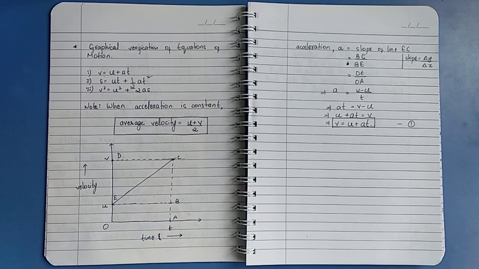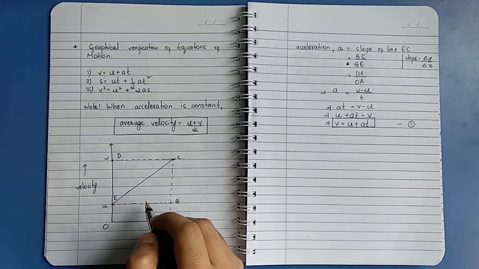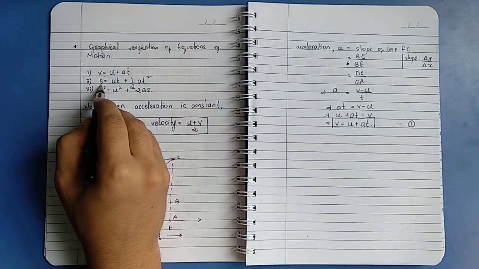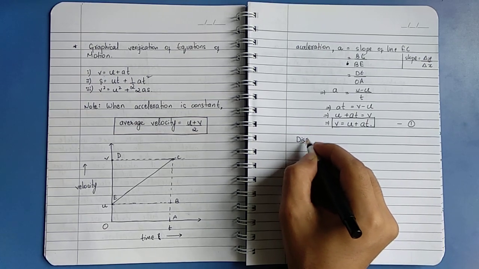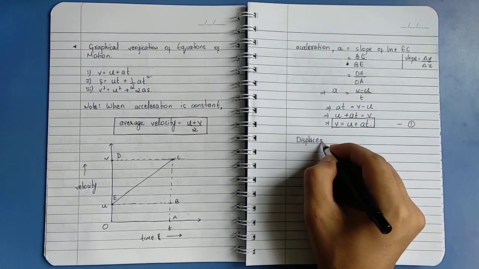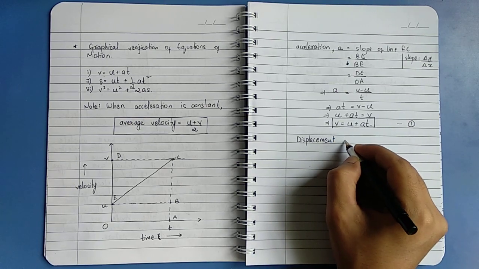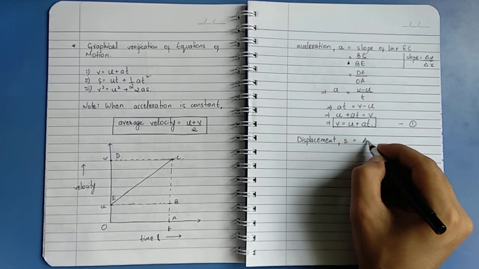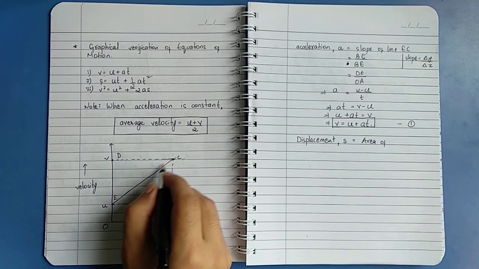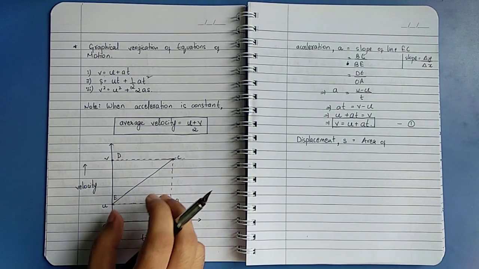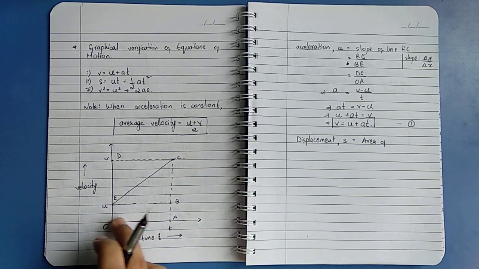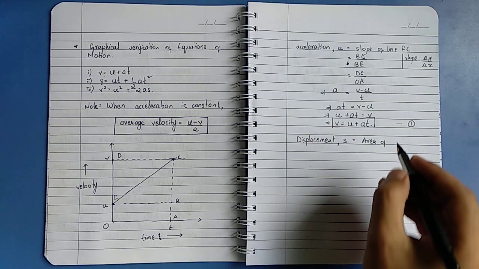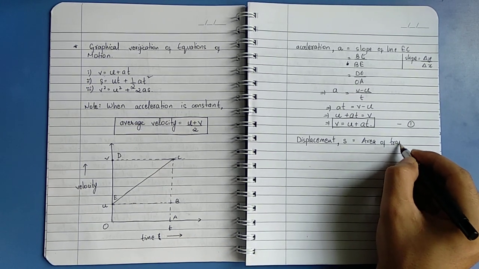For the second equation of motion, we'll find the area under this graph, because area under the graph gives us displacement, and what we need to find is the displacement. So displacement s is equals to the area of this figure over here, which is a trapezium, with one pair of opposite sides parallel, and one pair of sides non-parallel. So area of trapezium